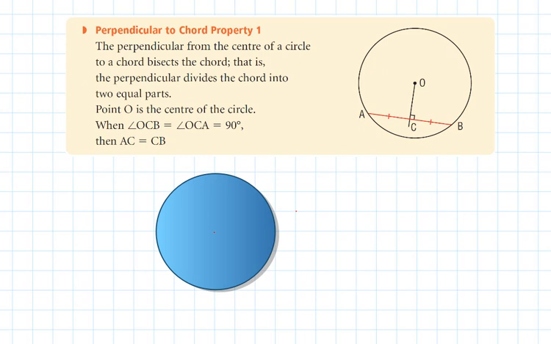So again, here the perpendicular to the center of a circle. If they're saying here that this angle is 90 degrees, that means those 2 sections are equal. So it bisects it. The other property,